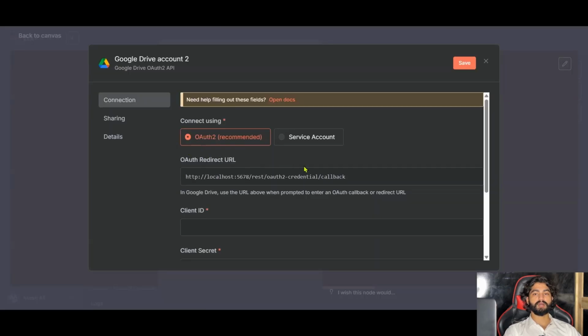Let's talk security, people. The credential system is like having a really good bouncer for your workflow club. It keeps the riffraff out and makes sure only the right people get in. OAuth connections are the VIP passes of the API world. Google, Microsoft, Facebook, they all want to make sure you are really you before they let you into their data party. It's like having a secret handshake, except the handshake involves redirects and tokens and makes you feel like a cyber